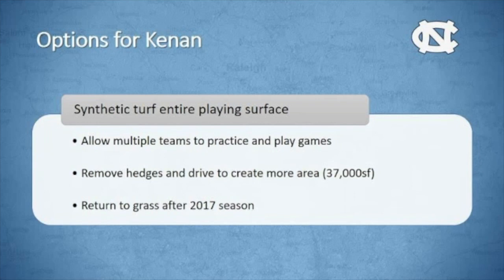What do we do? Well, initially the only discussion that was held, at the athletic, whatever Casey's bosses or whoever's level, the assumption was, well, it's going to be synthetic, right? It's got to be synthetic. We're going to practice every practice, every game, everything. So we were asked to pull numbers together to make it synthetic, and while we were doing that, Casey and